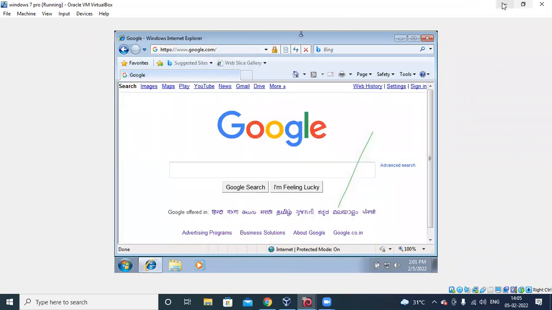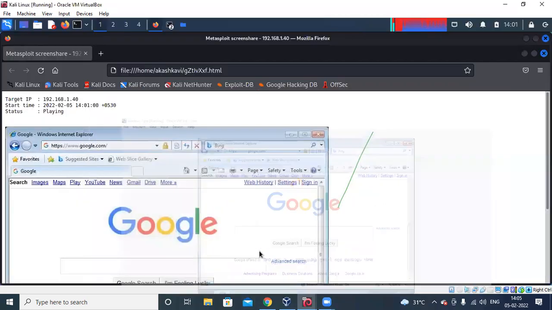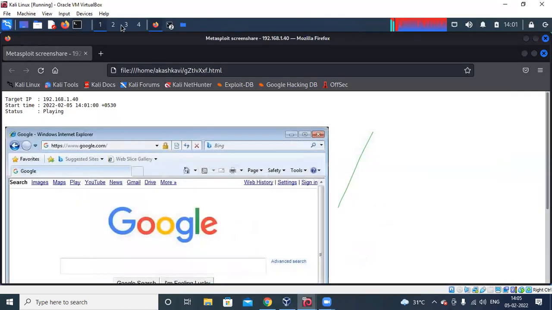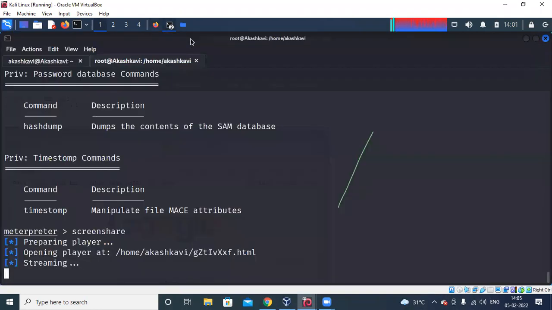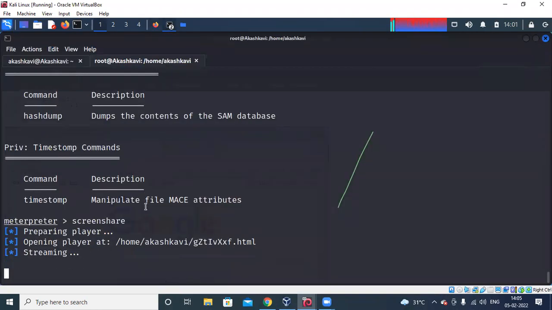I'm just giving the command as screen share so that I can watch what the victim, or the targeted person, is doing there. So now I'm going to just